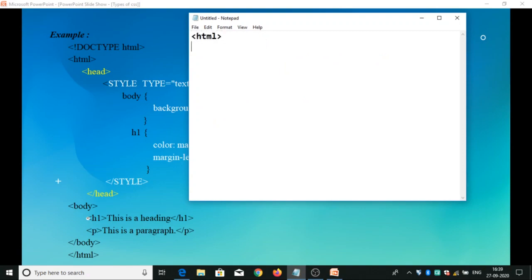The HTML tag that is used for representing style is the style tag, and this style tag should be written in the head section.